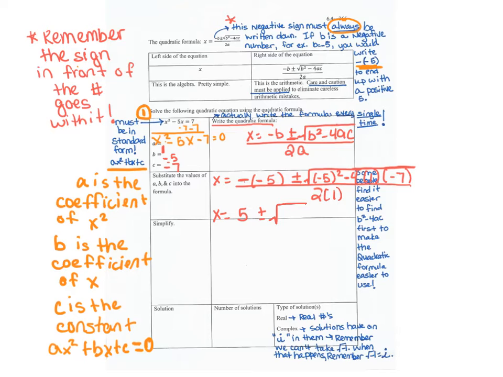So let's go ahead and figure out what this b squared minus 4ac value is. Let's figure out what this value is under our radical. Let's simplify that first. So I would have negative 5 squared. Negative 5 times negative 5 is 25, minus 4 times 1 is 4, and then 4 times negative 7